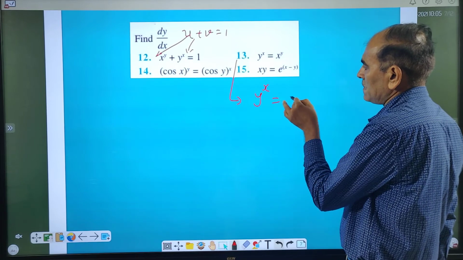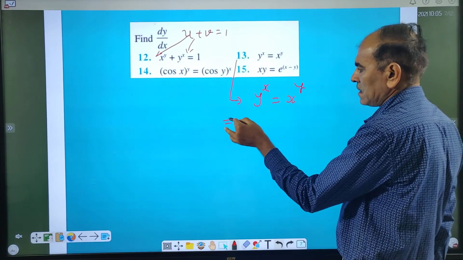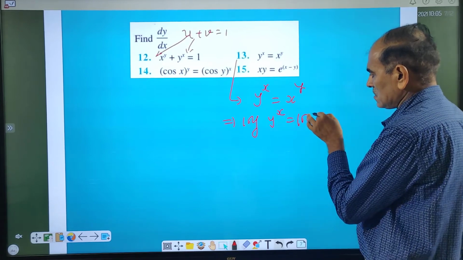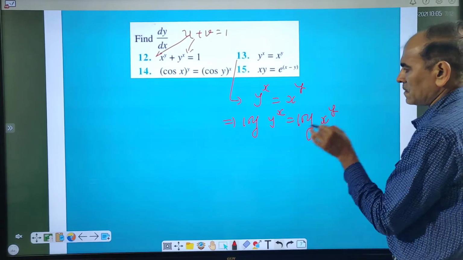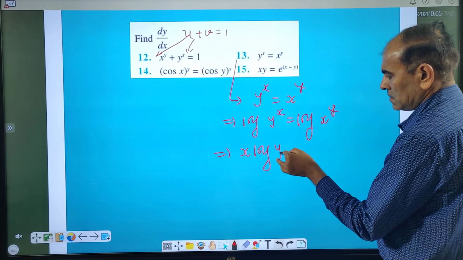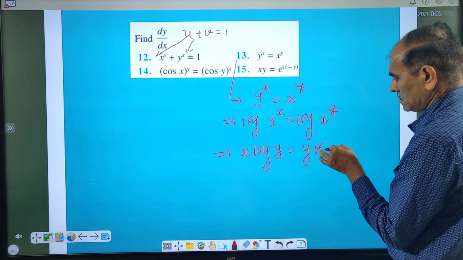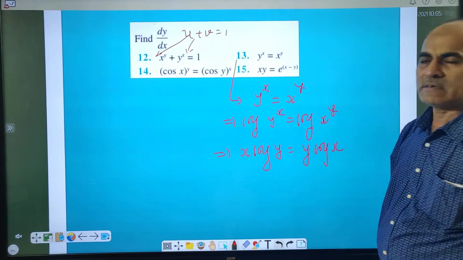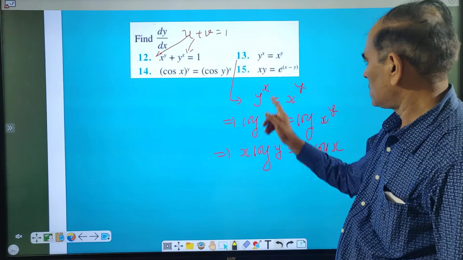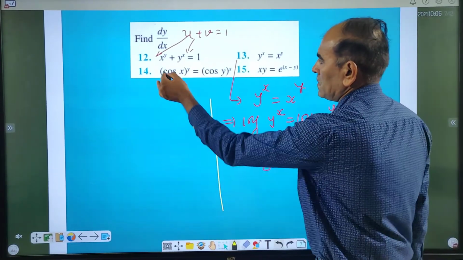Y to the power x, x to the power y. Take log on both sides. Log y to the power x is equal to log x to the power y. What do you get here? x log y is equal to y log x. Now it is easy to differentiate it. Sorry. And for this one,